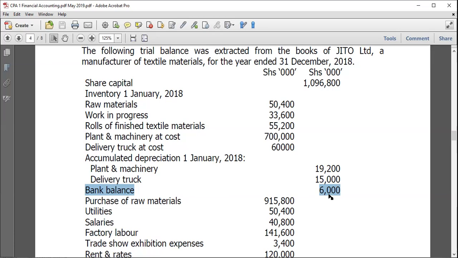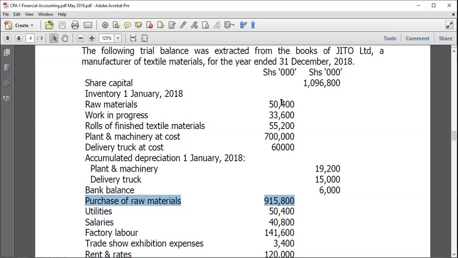So having said that, having that in mind, I was now to proceed to purchase of raw materials, which is 915,800. Now, of course, we know where to use this. Remember, when it comes to manufacturing, we have purchase of raw materials, and then these purchase of raw materials are used within the manufacturing cost statement to determine the cost of production. So these purchase of raw materials will be used with this raw materials we have here